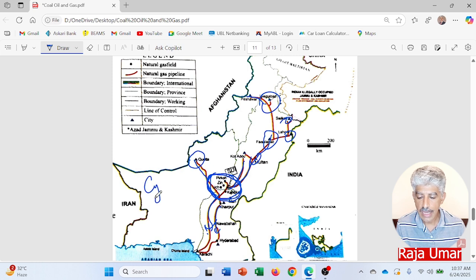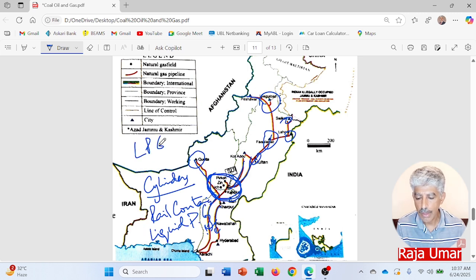On the other hand, cylinders are also used, or rail containers for liquid petroleum gas. We call it LPG, right? So LPG is also transported through rail containers and through cylinders. These cylinders we are consuming at our homes for the sake of heating and cooking purposes, where natural gas supply is not there. So this is the pipeline project for gas, and you are supposed to be having the